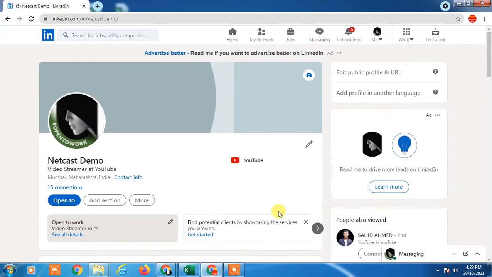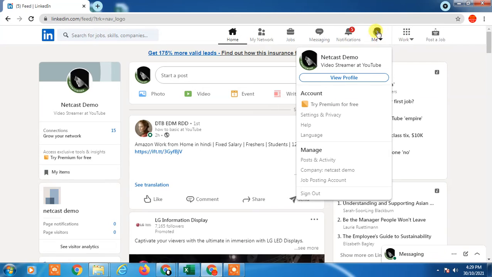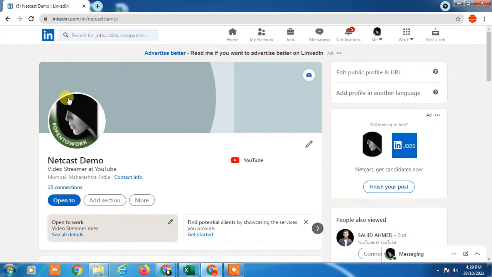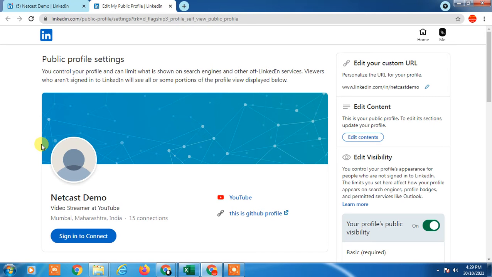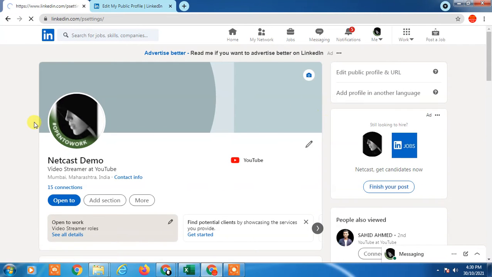First, you need to come onto your profile. There is another option: you can click on the Me down arrow and click on View Profile, and you will come to the same page. Now you have to click on Edit public profile URL, and the next page will open, the public profile settings. You can also go from Settings. Just go to the Settings,